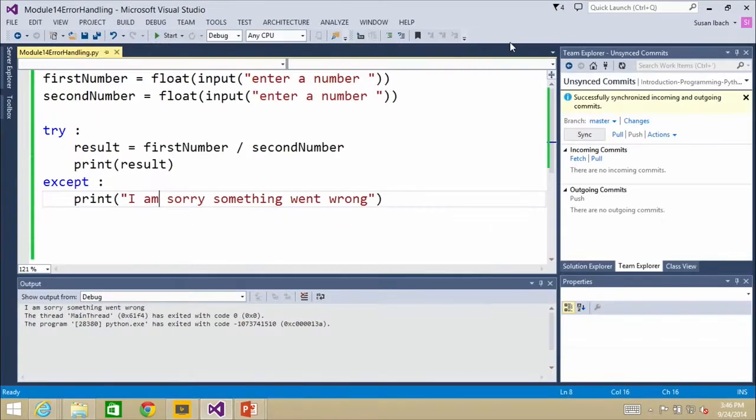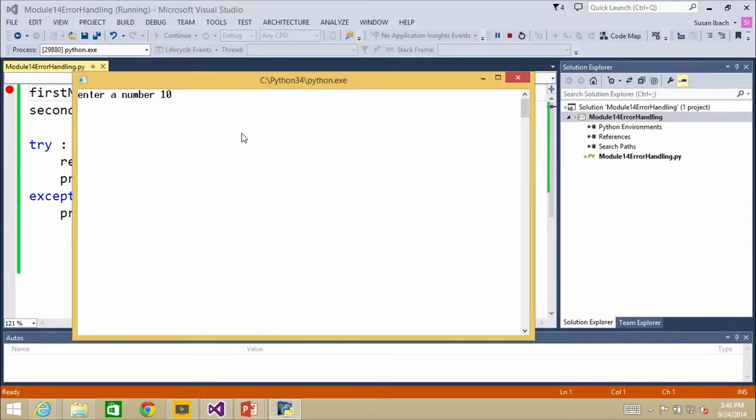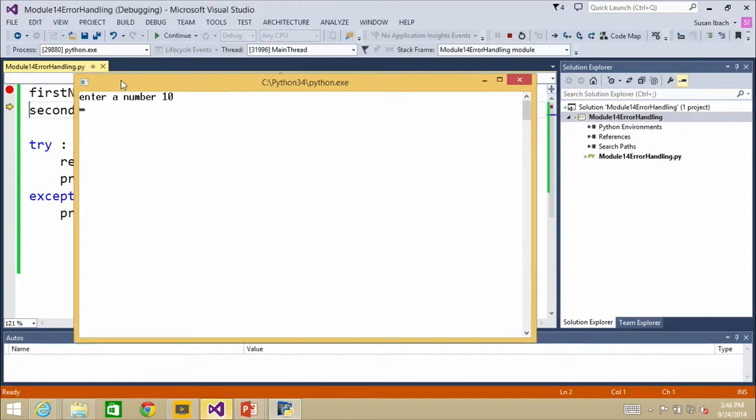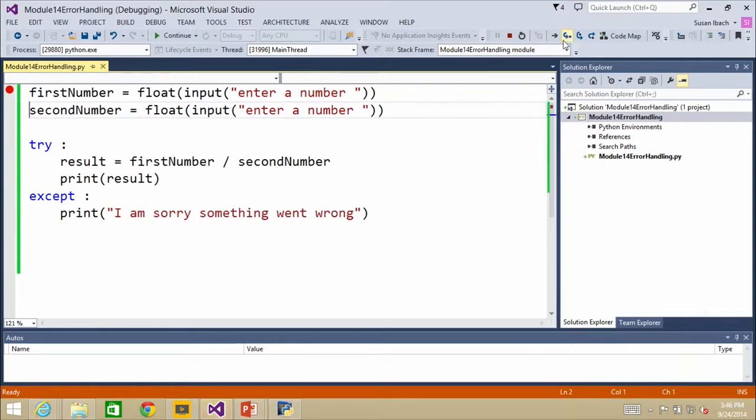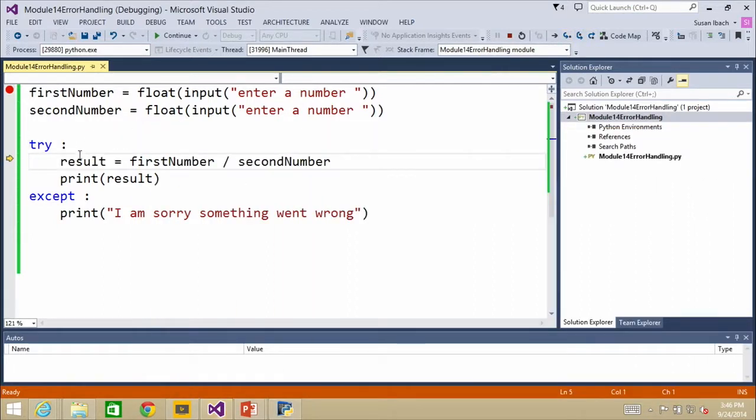It's actually kind of neat if we put a debugger on here and I run this again. We ask somebody to enter the first number, and then the second, so I enter the number 10. Then I'm about to execute the line and get the second number. I execute that line of code and I'm prompted to enter the second number. I enter 0. And now you can see it's ready to go into the try statement. So it tries to calculate the result. When I hit step into, it's not going to go to the print statement. This is very important. It's not going to the print statement because there's an error. It immediately jumps to the except and prints out the error message.